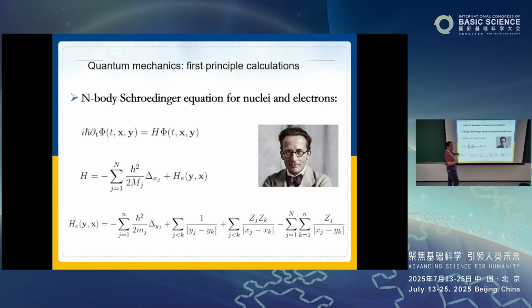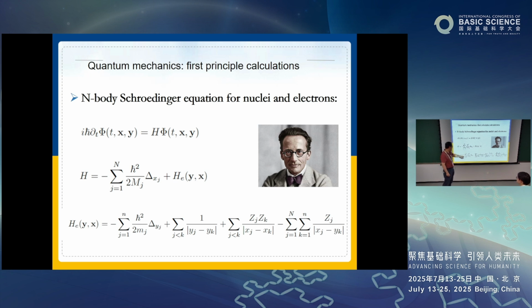H bar is the so-called Planck constant. It's a very small number. And here x, y are coordinates, where x is the coordinate of the nuclei, and y is the coordinate of the electron. H is the so-called Hamiltonian, which has basically two parts: kinetic energy and potential energy. So I separate this Hamiltonian: this is the kinetic energy for nuclei. X is nuclei, right? All the other parts that have to do with electrons, I loaded into He, which